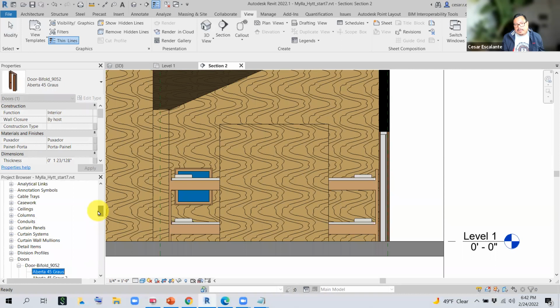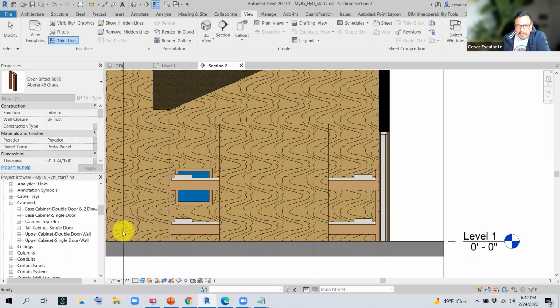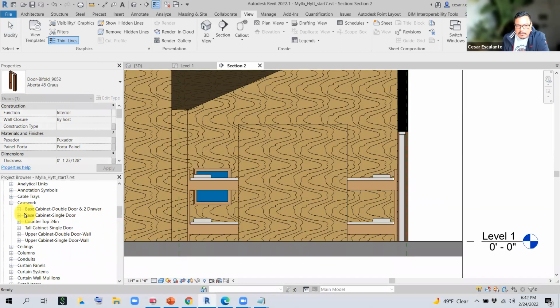So in the project browser, look for the casework category, and then you're going to find the base cabinet with 2 doors, the base cabinet with a single door, the countertop, the upper cabinet, and